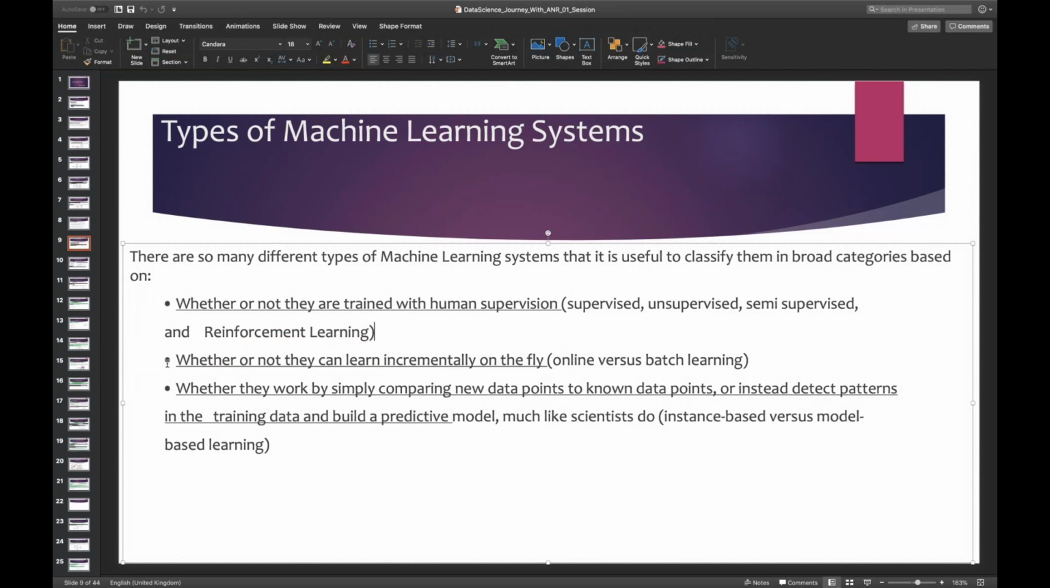Now, whether or not they can learn incrementally on the fly, online versus batch learning. This is very, very important. Most of the companies